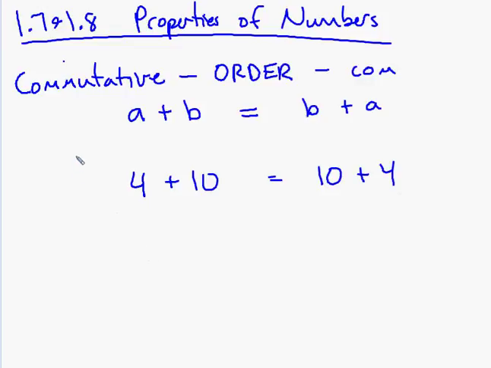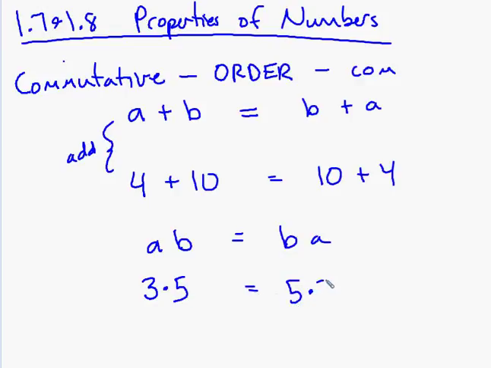Same if I'm multiplying it. So this would be like for addition. There's one for multiplication. A times B is the same as doing B times A. I could change the order. So if I had 3 times 5, that's the same as saying 5 times 3. I don't want to belabor the point. And that's for multiplication. Commutative property has to do with the order. Alright, I can change the order. Now,